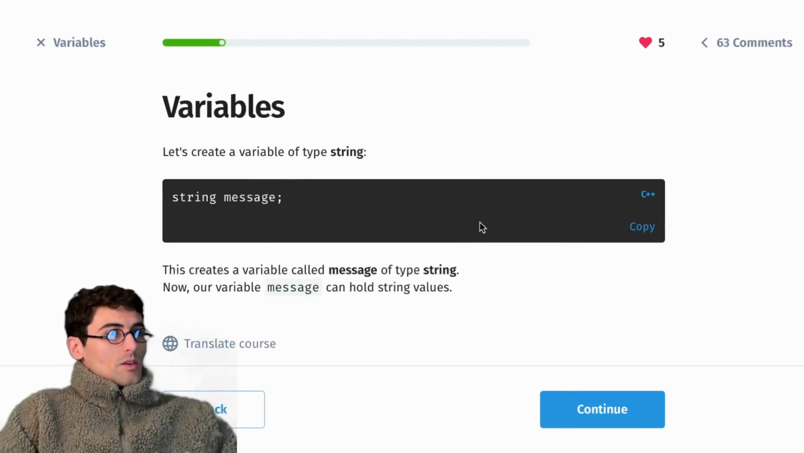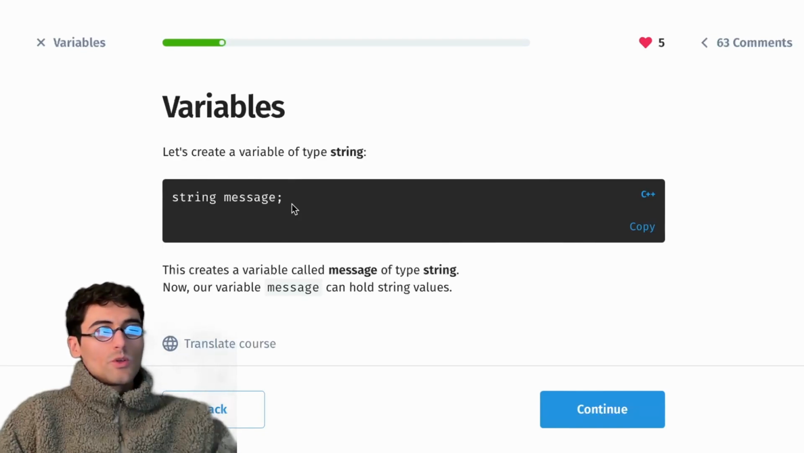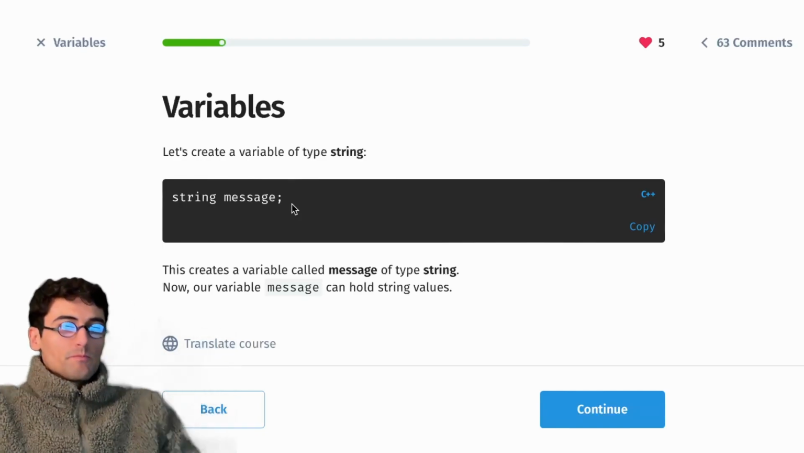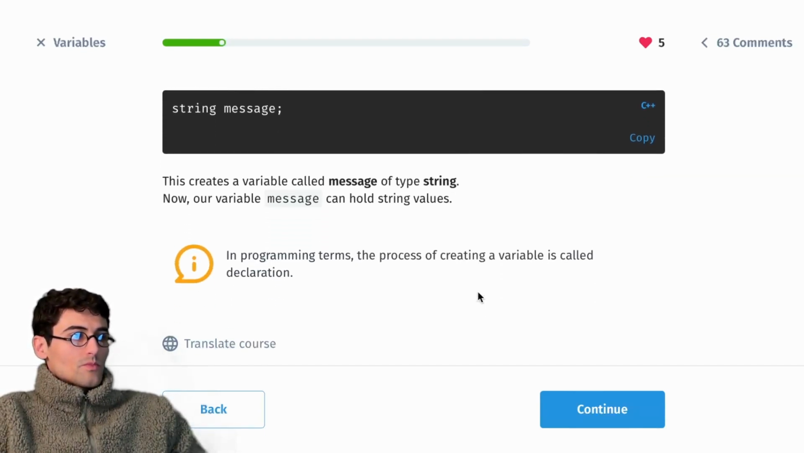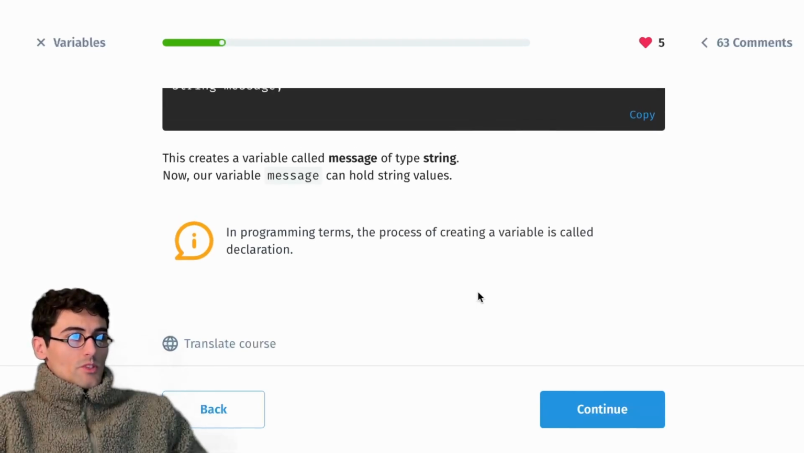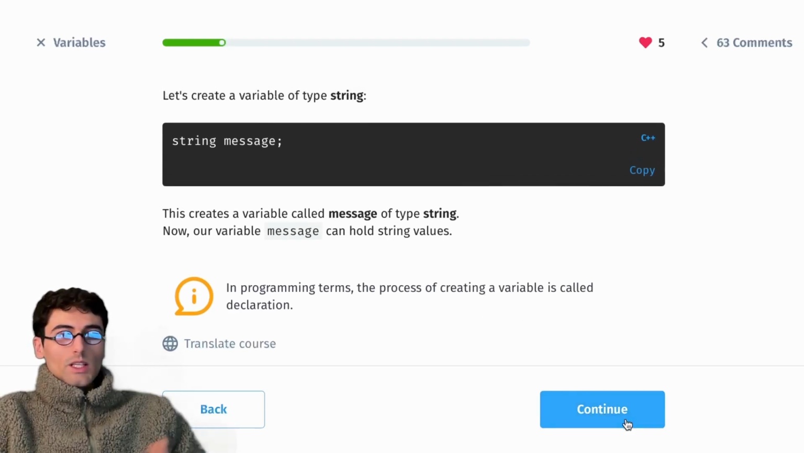This creates string message, semicolon. This creates a variable called message of type string. Now, our variable message can hold string values. In programming terms, the process of creating a variable is called declaration. To declare a variable,